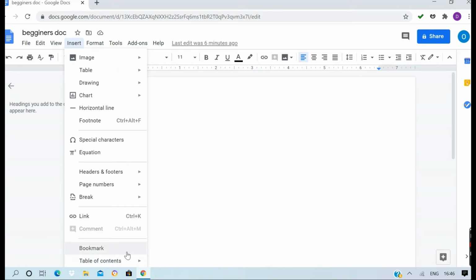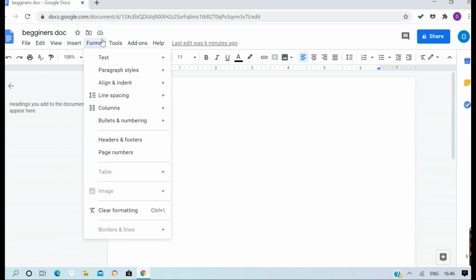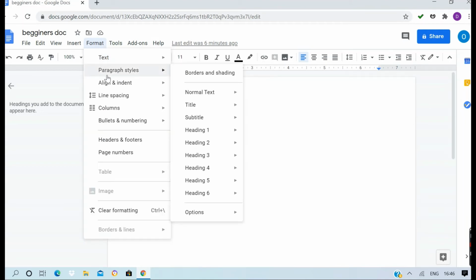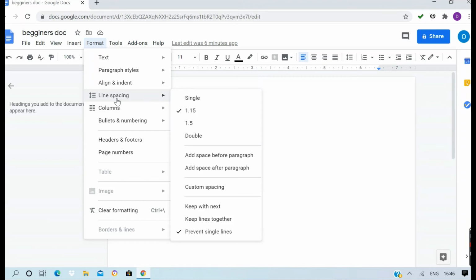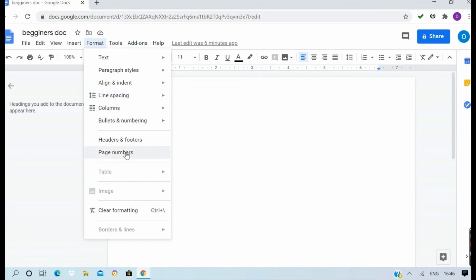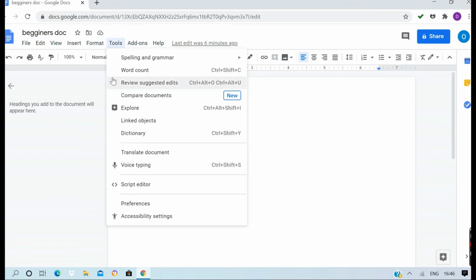When you want to mark something, some important note, you can mark it. And table of contents, this also you have seen in Word. And Format: if you are doing a paragraph, line spacing, columns, headers, footers, page numbers, all can be done.